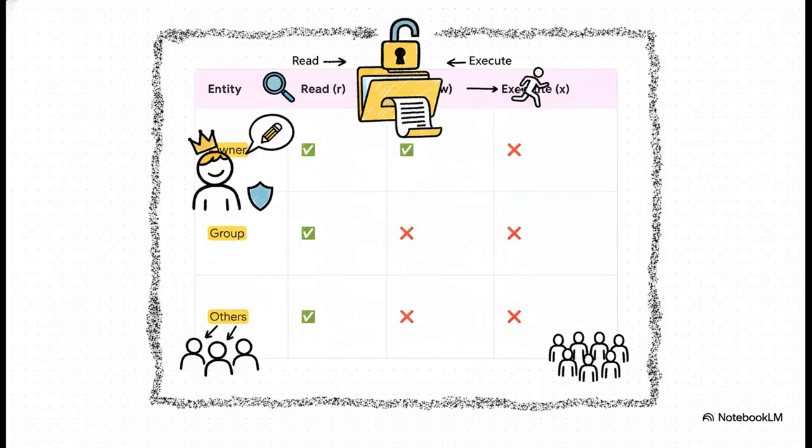It has absolute total control over the entire system. So how does the system actually control what all these people can do? Well, it uses three incredibly simple permissions: read, write, and execute. Read, pretty obvious, lets you view the contents of a file. Write lets you change it, and execute, well, that lets you run it like a script. And here's the key. These permissions are set separately for three different categories: the file's owner, the group it belongs to, and then literally everyone else, which we call others.